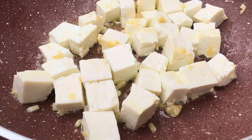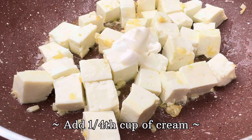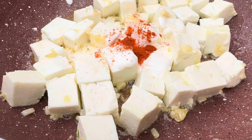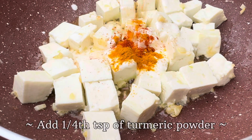After that, we'll pour in 1/4 cup of cream and stir well. At this point, we'll now add the spices. We'll start off by adding 1/4 teaspoon of red chili powder, 1/4 teaspoon of turmeric powder,